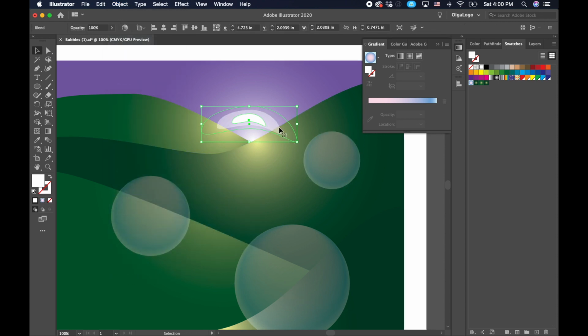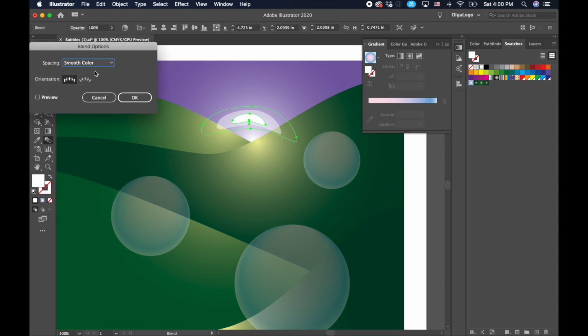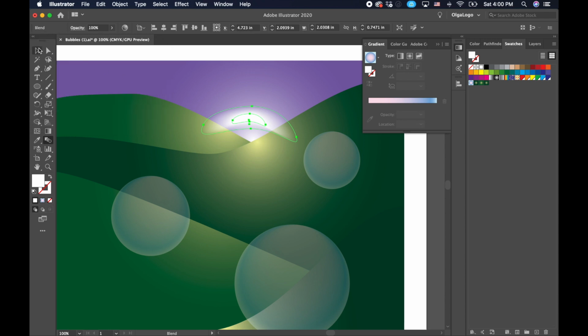So this isn't looking really fantastic. So we're going to go to Blend Options. We're going to go to Specified Steps. We're going to put in 22. And then make sure we have a preview, and it creates a little smoother blend between the two shapes. Click OK, and then we're going to